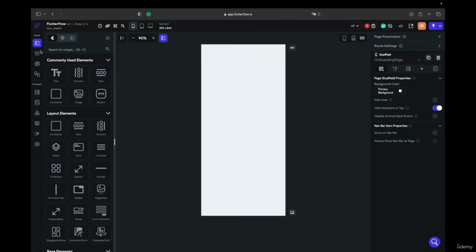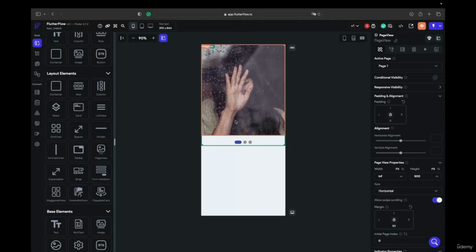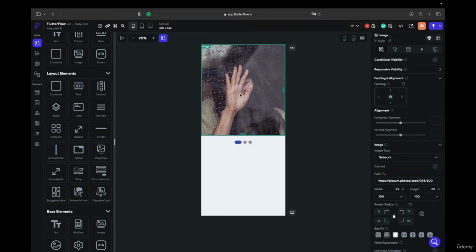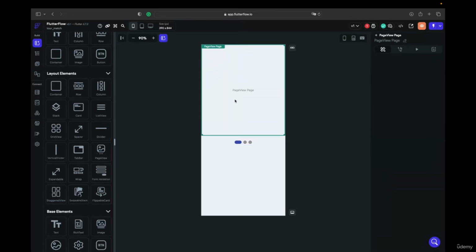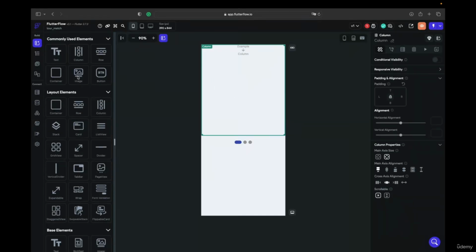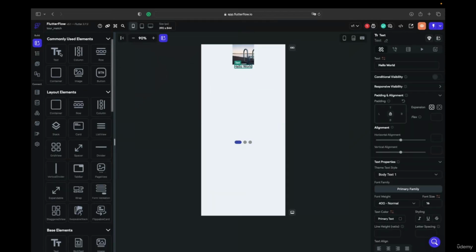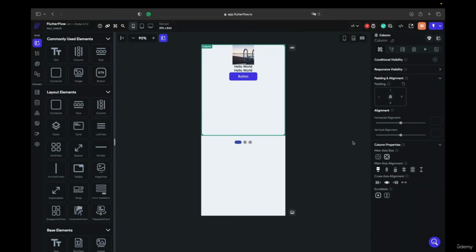Go to widgets, and the first widget we need to use is page view widget. We just drop it here, we see an image here, we can delete it, and right now we can put here anything we want to. For example, we need a column, we need an image, and first text and second text and a button. All right, so if I click here, I choose a column. If I click here on the green button, column, I can see placeholder, I can see page view and